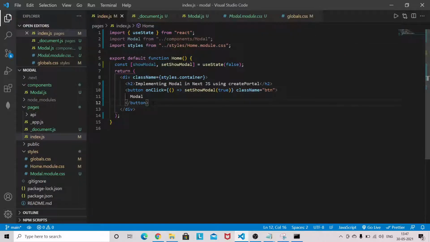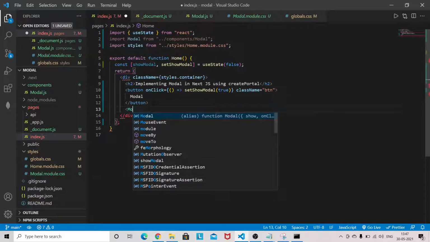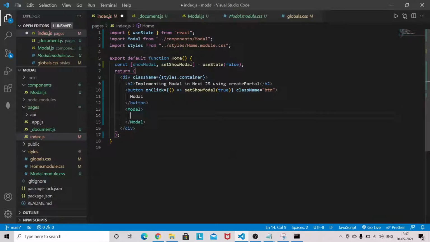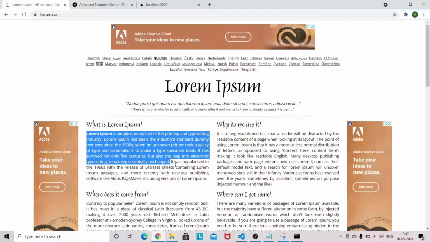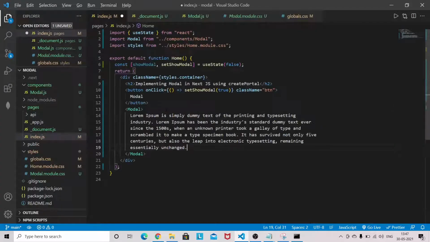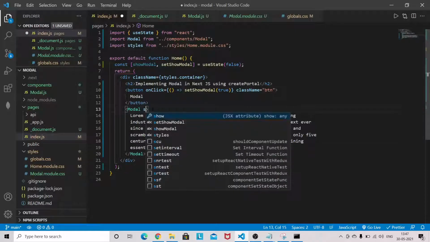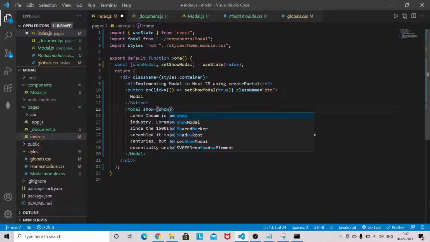And here we will basically show the model, okay, so Model, and in Model I am passing this lorem ipsum, some dummy content so that we can see some content inside the model. Okay, now in the model we have to pass the props, so show is equal to showModel.